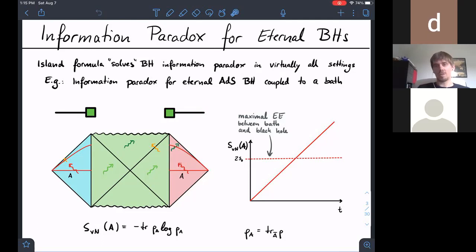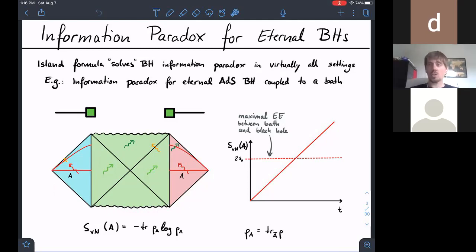Now, if I have two copies of the system, I can entangle them in a particular way for them to form the thermofield double state. And the details are not important. What is important is that the holographically dual description of the system then becomes the following picture down here, where time runs upwards. And what you see here in the green region is a gravitating region with an eternal black hole. So we have the left and the right part of the eternal black hole. And each of those sides is coupled to a bath region, here left in blue, right in pink,